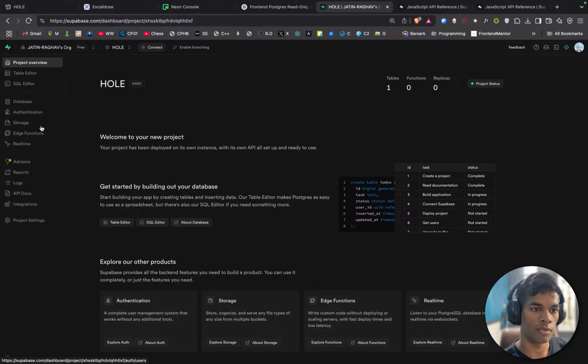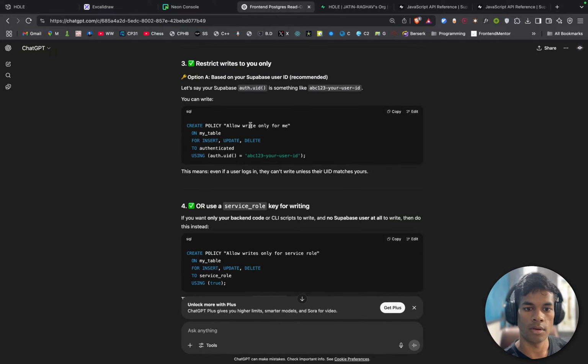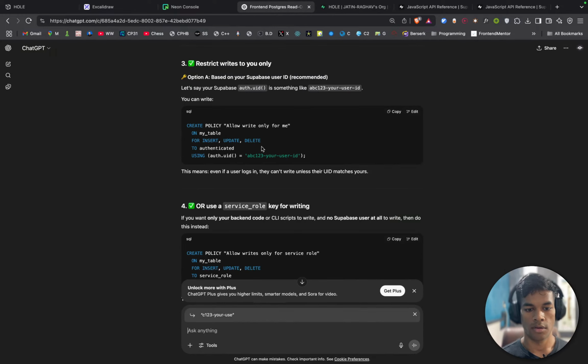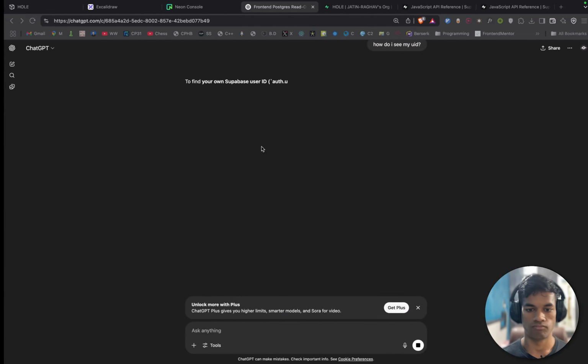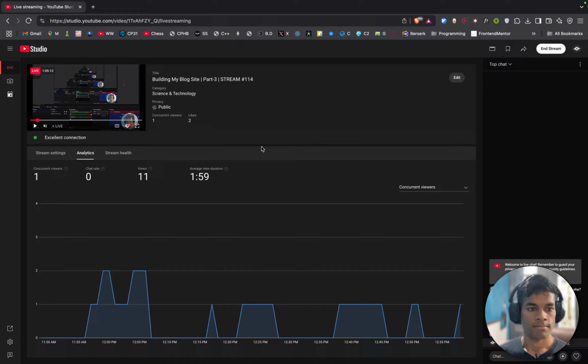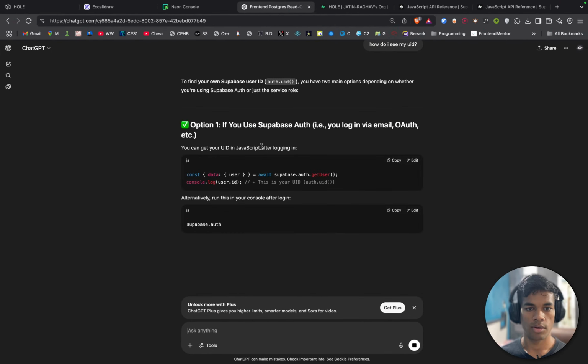I guess it comes from creating users. First of all, how do I see this UID? How do I see my UID? Let's see, how do I see my UID?